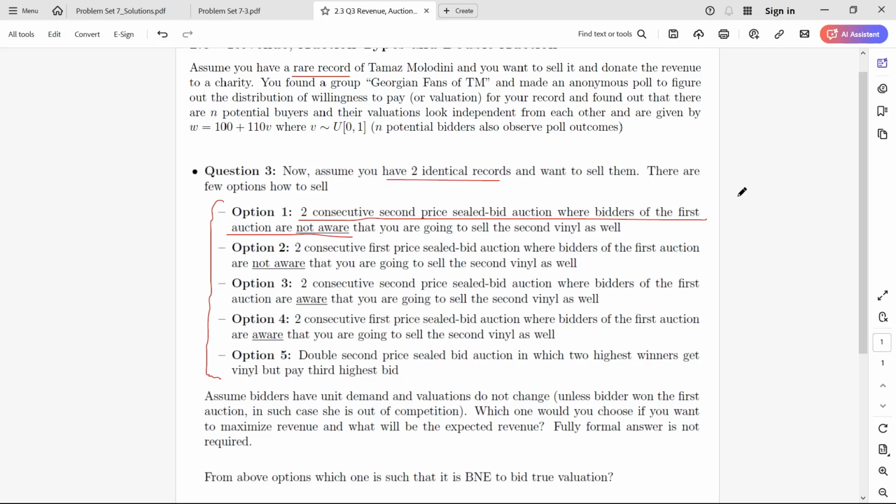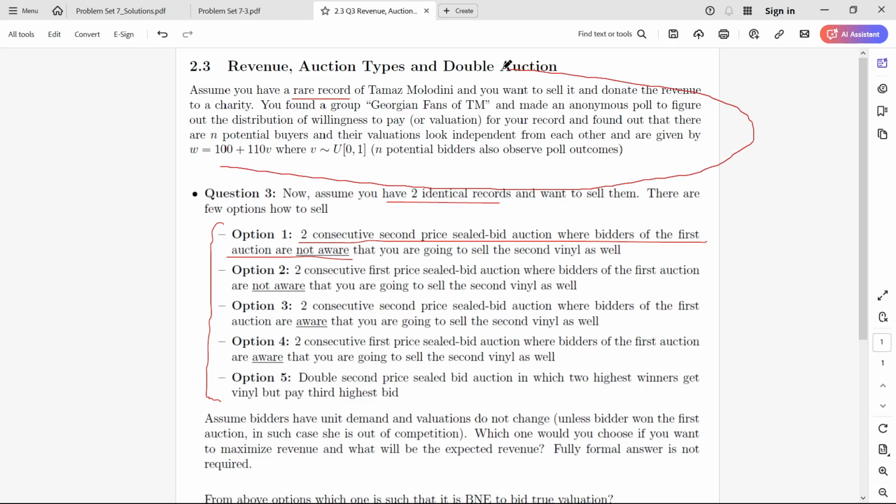So it's just like in the first auction, this will happen and you will get 190 profit. And in the second auction, the first guy will be removed from the auction because he bought it, the highest valuation guy, I mean. Then there will be an auction with the rest of the guys, and you will get some amount of revenue. And because this is a second price sealed auction,